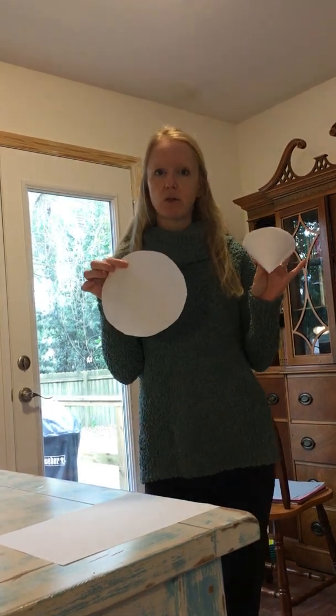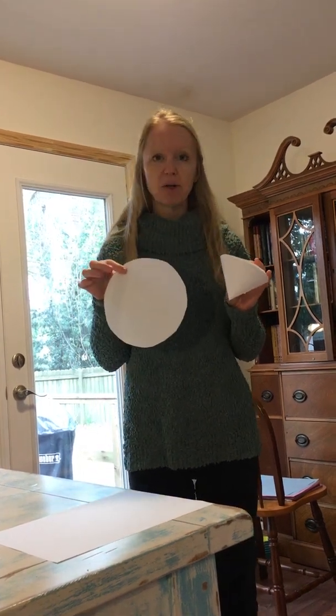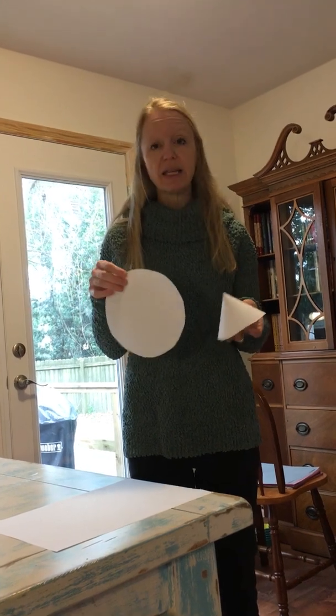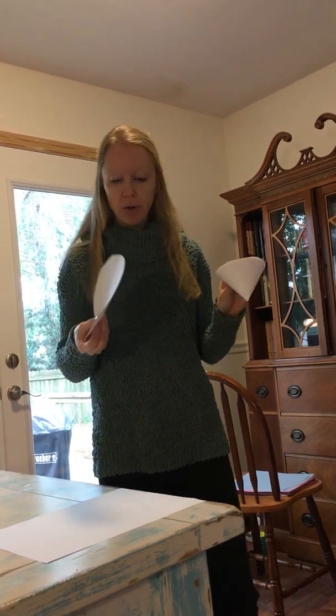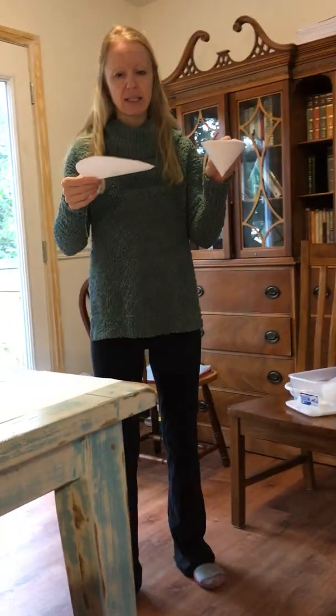So you can ask your kids: we know both of these circles or shapes started out as the same diameter and size, and again made out of the same kind of paper, and we now have the same weight because they have pretty much the exact same size piece of tape on there. So we're going to drop these. Which one do you think will hit the ground faster, and why? Alright, so when we drop them,